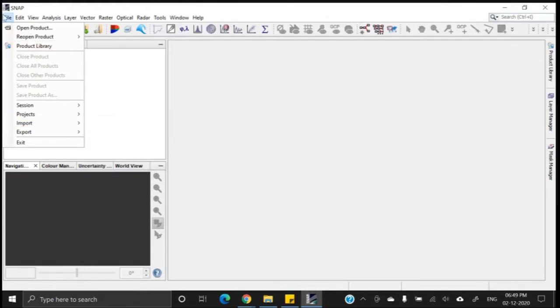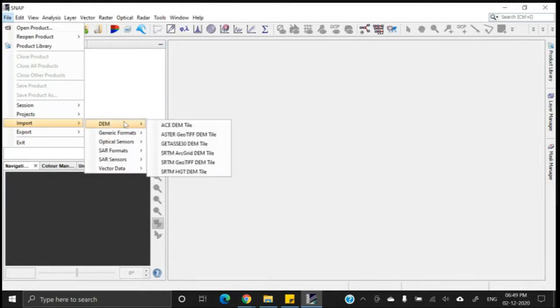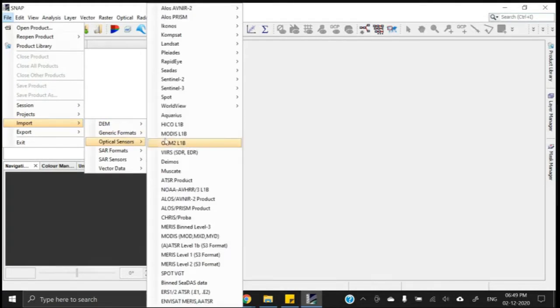See, in File, Import, we can import a digital elevation model. Even we can import optical sensors. A lot of optical sensors are there, and in a category, for example Landsat, we have several Landsat sensors listed here.